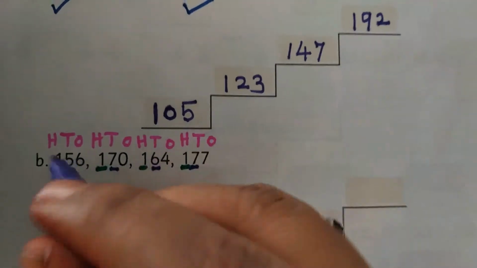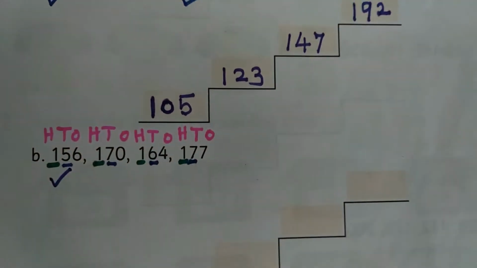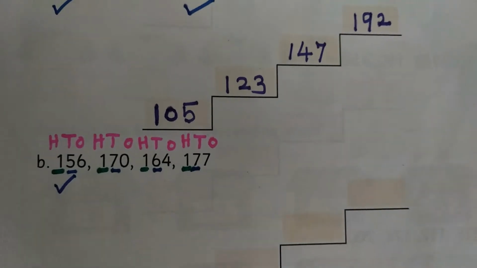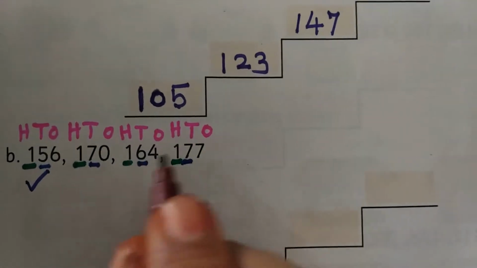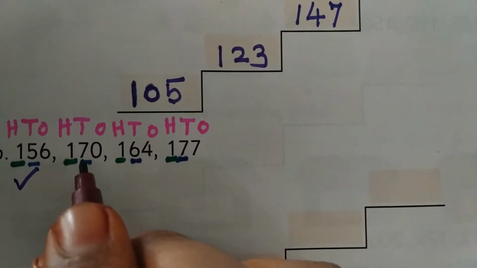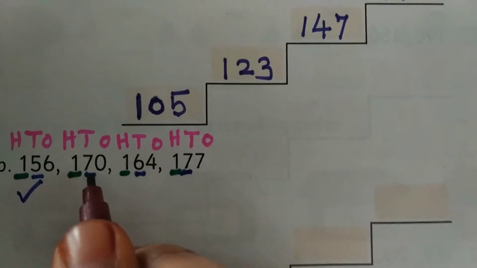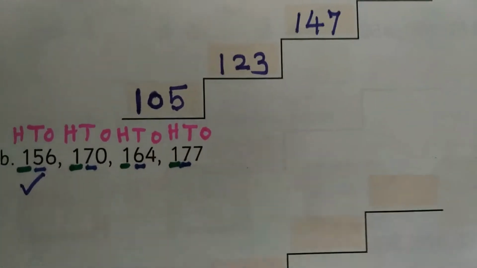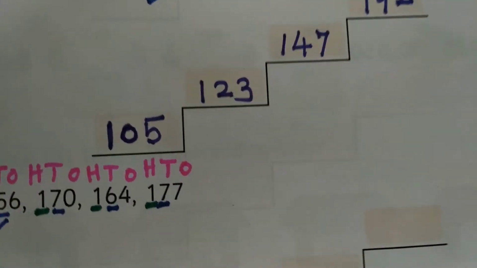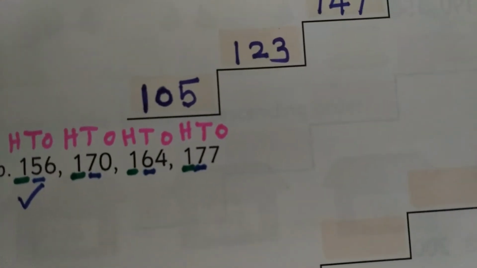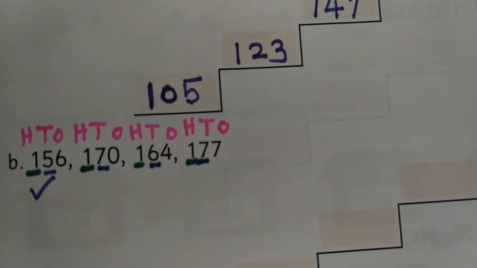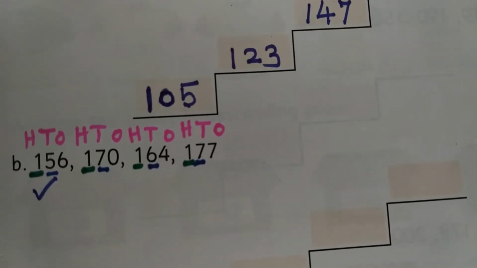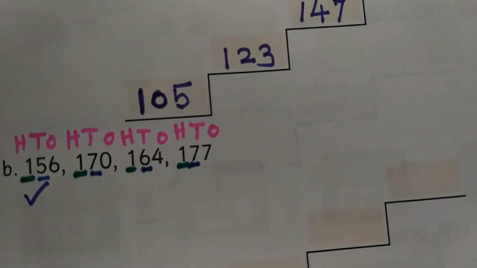So we have written this number. Okay, so out of these three numbers, you want to find the smallest. So same we will start from hundreds place. Same 100 we have. Next tens place. So tens place we have, second number we have 7 tens. Third number we have 6 tens. And the last number also we have 7 tens.